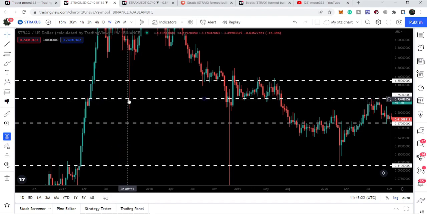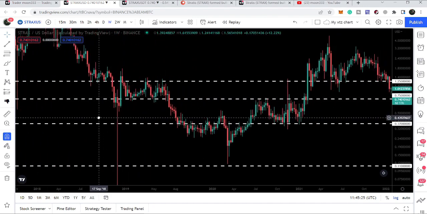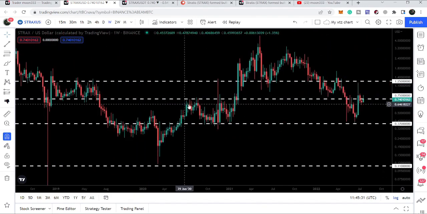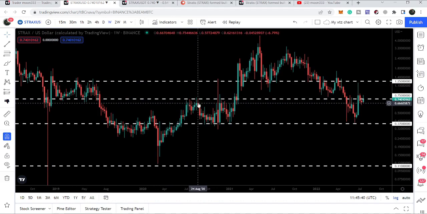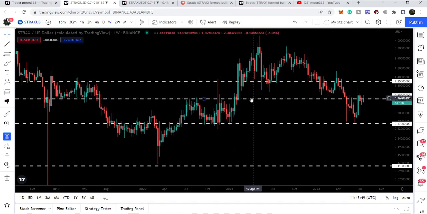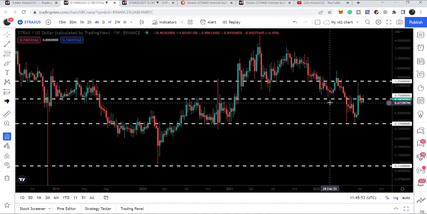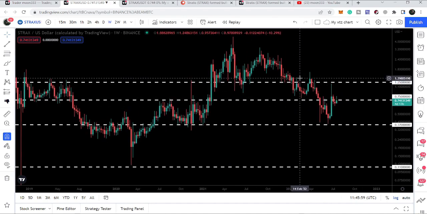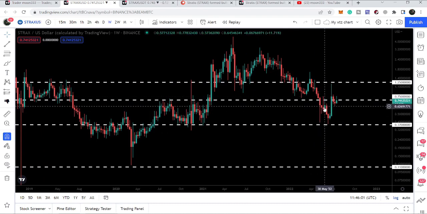Here in April 2017, here in October 2017, and here it was working as a support in Feb 2019, as a support in May 2019, and as a support for several weeks. It has been working as a resistance here, by the way, not support, from July 2020 to August 2020. In fact, here as well, up to here till January 2021, and after breaking out, we have a slight bounce here. We went very close to this support, but we had a bounce, did not touch the support, and after breaking down, we again moved up, formed a double bottom here, in fact, at the next support that we have